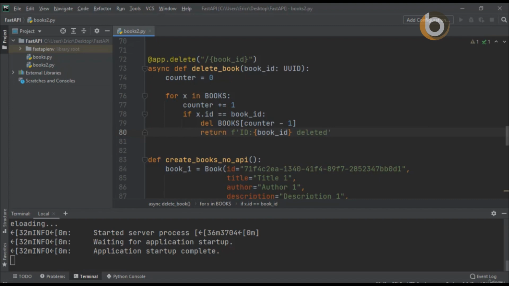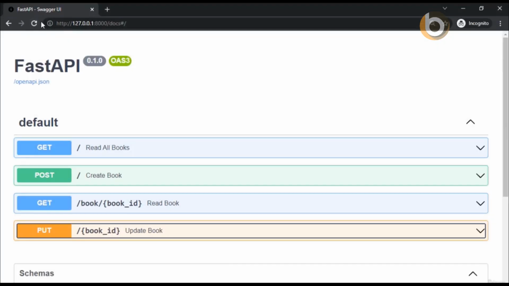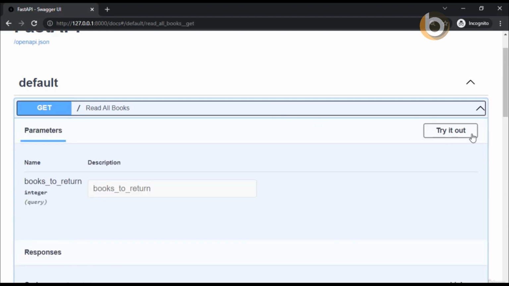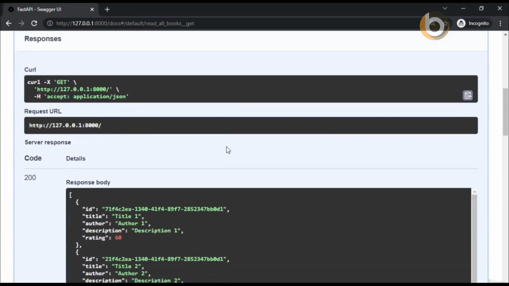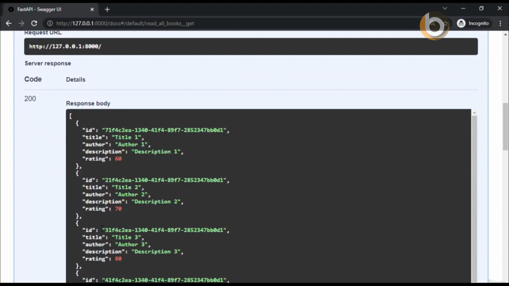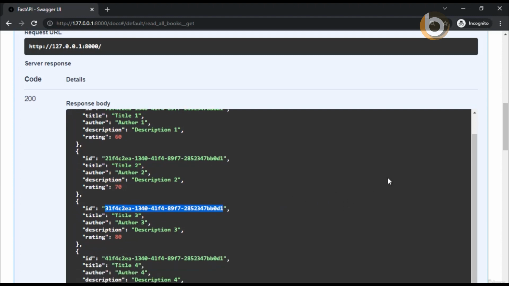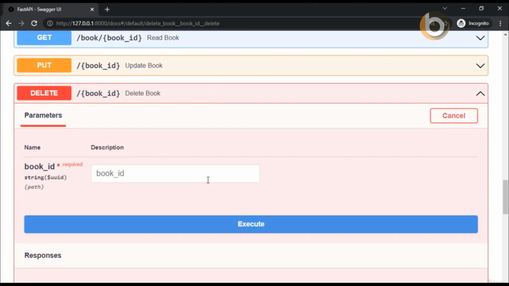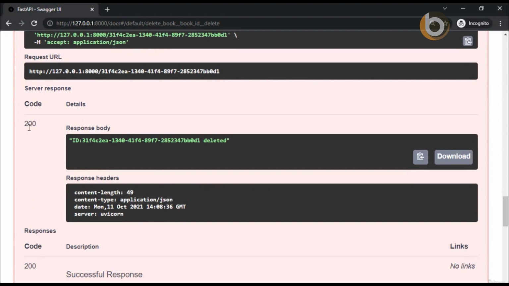All right, let's now open up our browser, our Swagger UI, refresh the screen, and we can see we get a new delete request method. I'm going to start by saying read all books so we can append all the books and grab a UUID. I'm going to grab this rating of 80. I'm going to copy the UUID, and now I'm going to go back down to delete, say try it out, and pass in the UUID of the rating 80 book that we just saw. I'm going to execute, and we can see immediately we get a 200 status code return with an ID